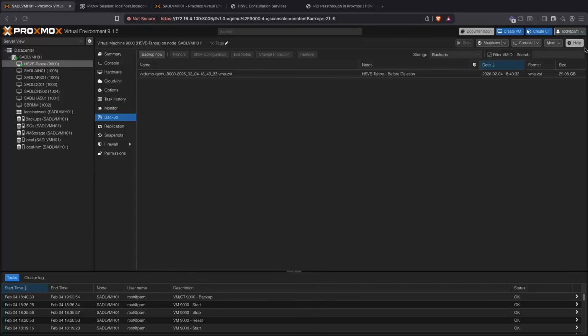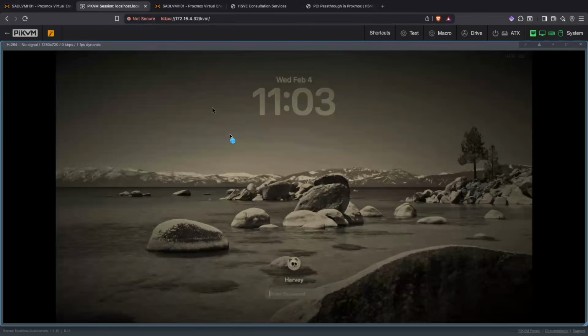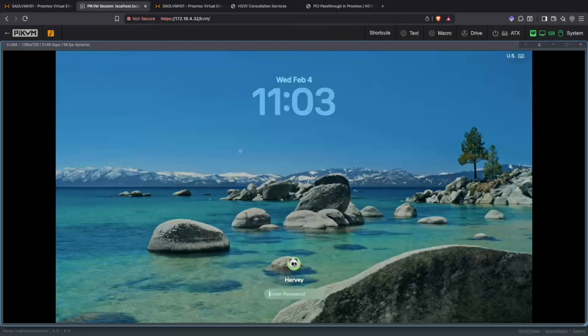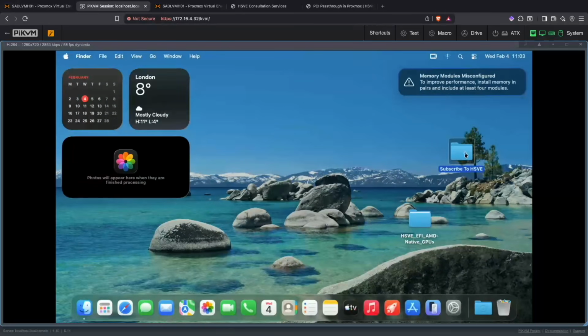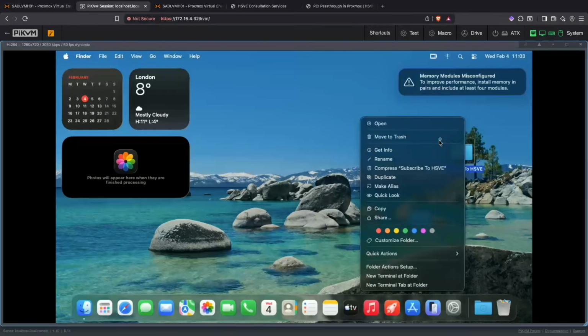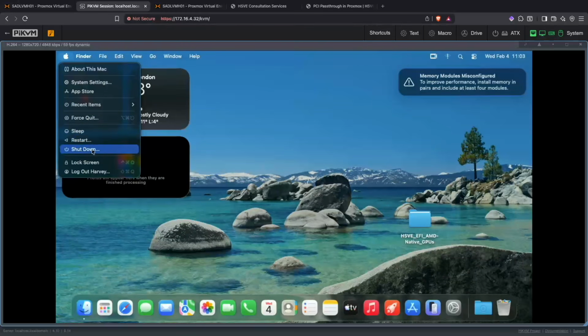So the backup is now finished. You can see it's about 30 gig in size. So obviously if you're backing up quite a lot, it can use storage space. If we go back to our VM, it actually went to sleep just then, and get logged in, and then delete this folder, move to trash, and then shut down the machine,